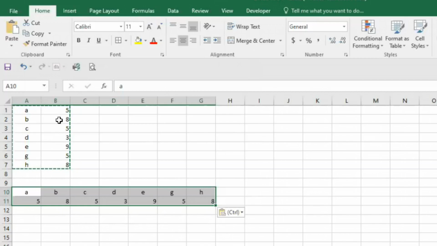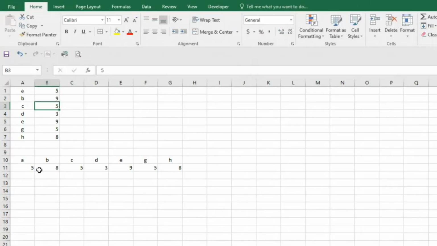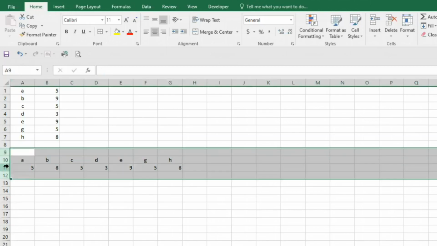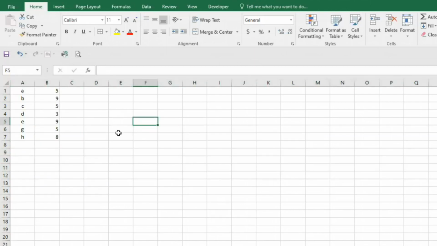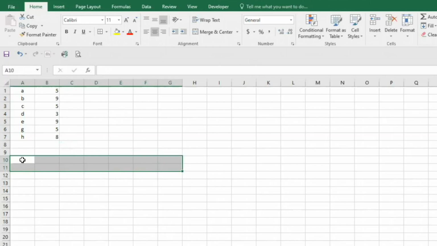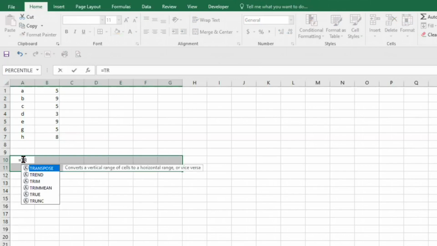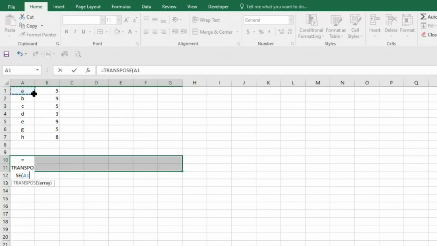Now if I make some change here, it is not appearing in this cell. How can we do that so that whatever change we make can be reflected here? For that you need to pick up the desired location, 1 2 3 4 5 6 and 7. Okay, and then write transpose, here it is, then select the location,